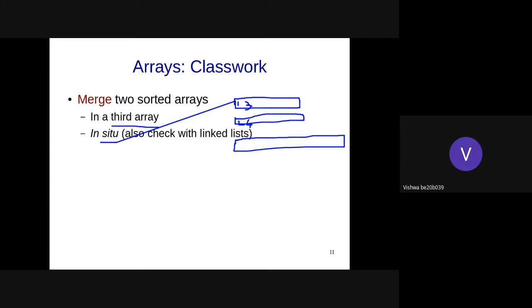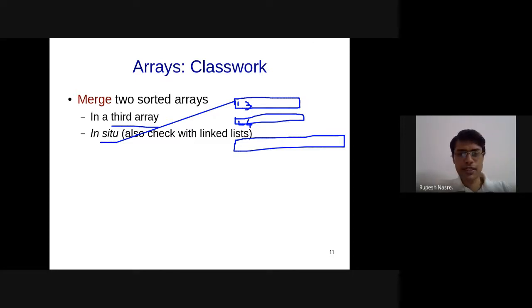Because of the copying part, I guess, it's going to be linear. Copying part is linear, that is okay, order n plus order m. But the complexity comes because of the sorting, right? The sorting requires n log n, or in this case (m plus n) log (m plus n) complexity.